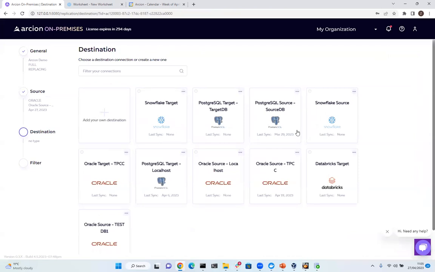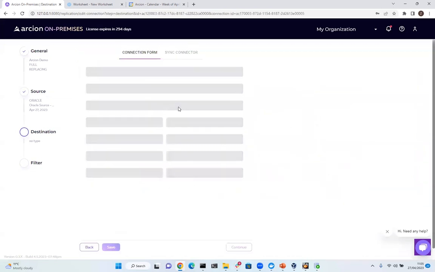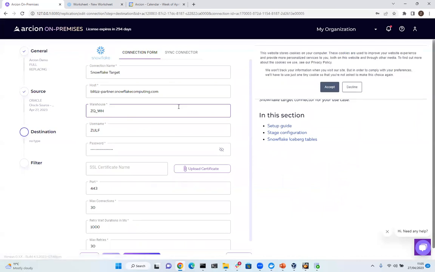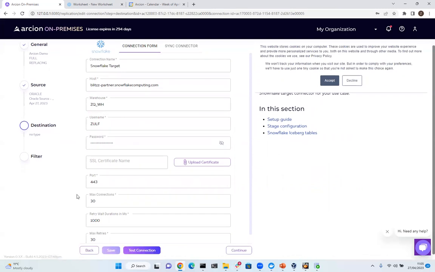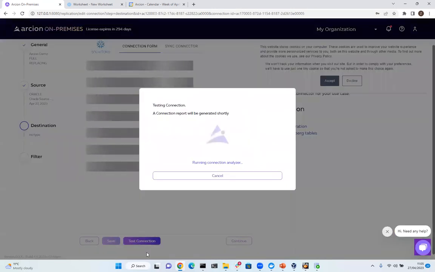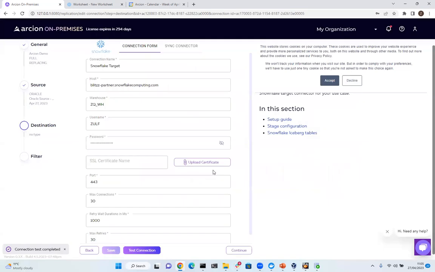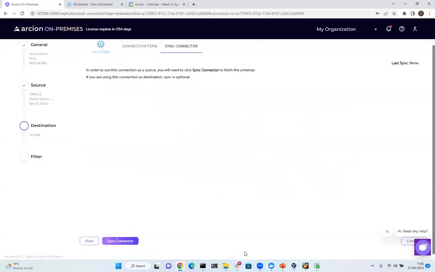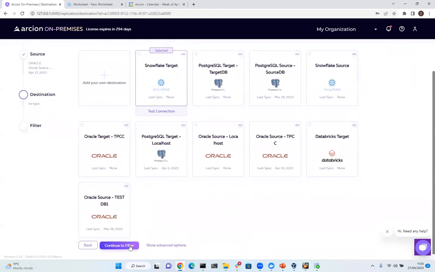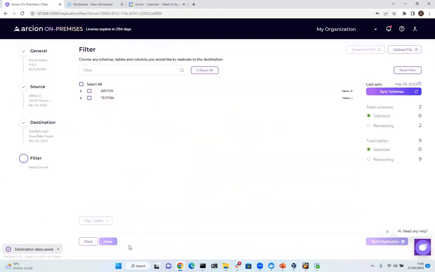And likewise, I've also got this pre-configured. So Snowflake target, again, we're just going to very quickly look at the connection details. So I've entered the URL for connecting to Snowflake, the warehouse that we've got created, some user credentials, port number. And again, we can go ahead and test connection just to make sure everything has been satisfied for Arcion's purposes to move data into Snowflake itself. And again, we've got a full bill of health and we've passed. Great, so we're going to continue. As this is a target, we don't necessarily need to do a sync connector here, but we're going to go ahead and continue